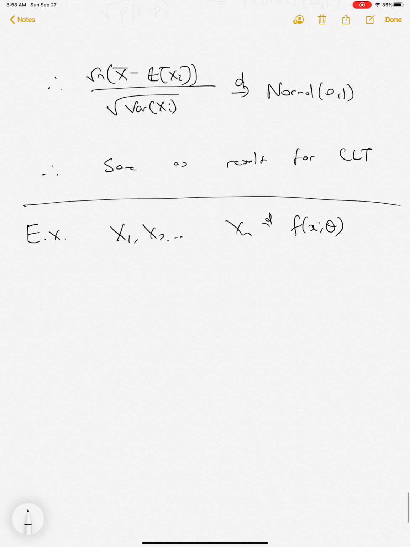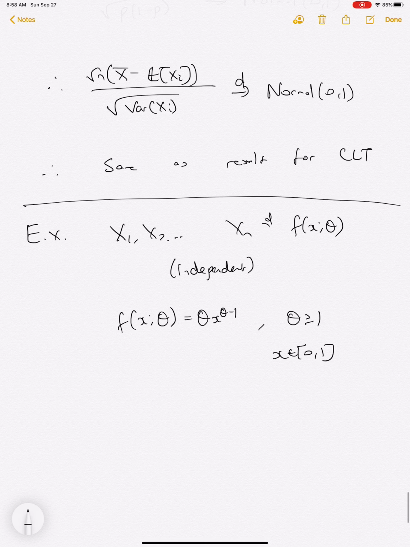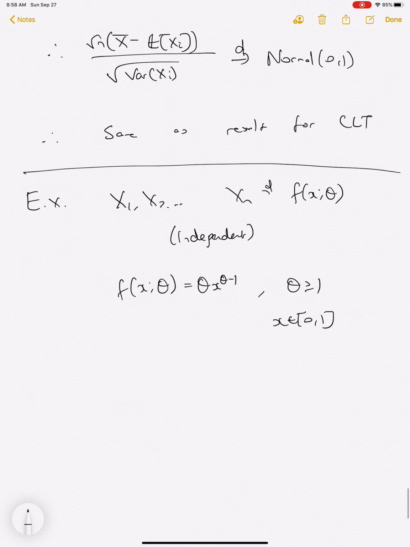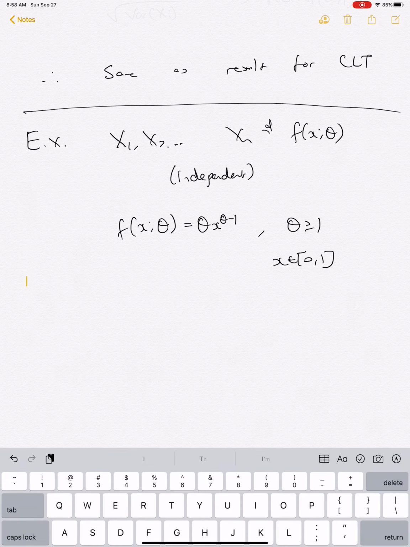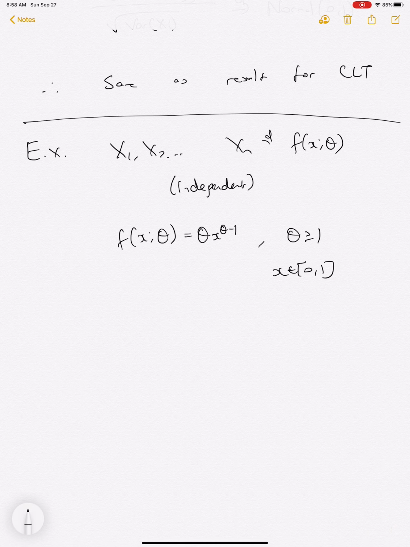So we have independent draws from this distribution. Here we have x between 0 and 1, theta bigger than 1, and f(x; theta). So we found that we want to find